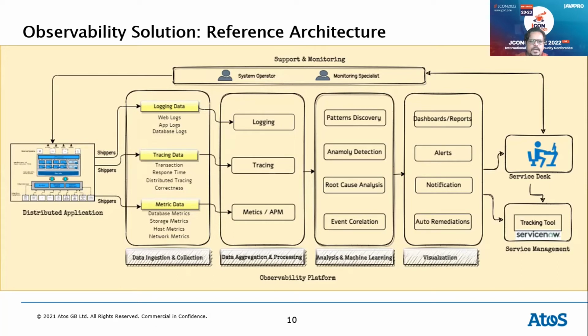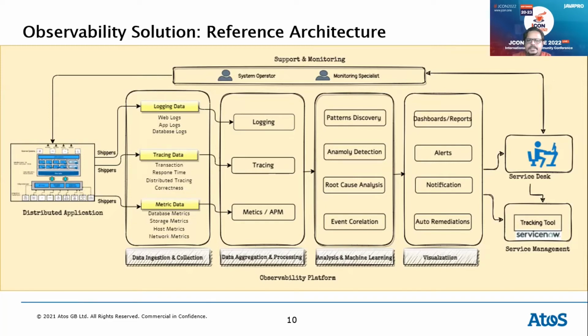Typically, in data aggregation and processing, you'll have three stages. The first stage is where you ingest your raw data, which is coming in from the earlier stage. The second stage is where you cleanse your data, getting it to the right semantics and the quality level that you want. And the third stage is making sure that you aggregate the data, which is then leveraged to get the insight. That's the pattern in this platform. So that's the second stage, data aggregation and processing.